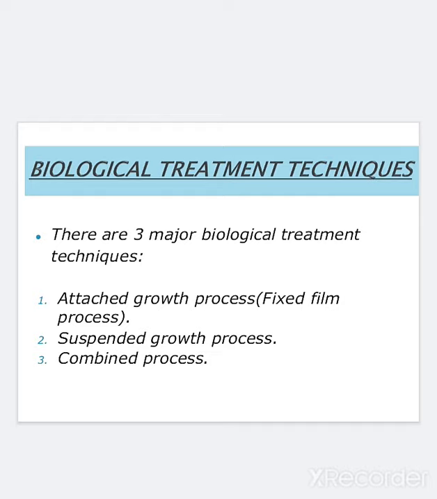Biological treatment techniques. There are three major biological treatment techniques. One is the attached growth process, also mentioned as the fixed film process. The second one is the suspended growth process, and the third one is the combined process. The growth is attached and suspended for the microorganisms, and both the attached and suspended growth